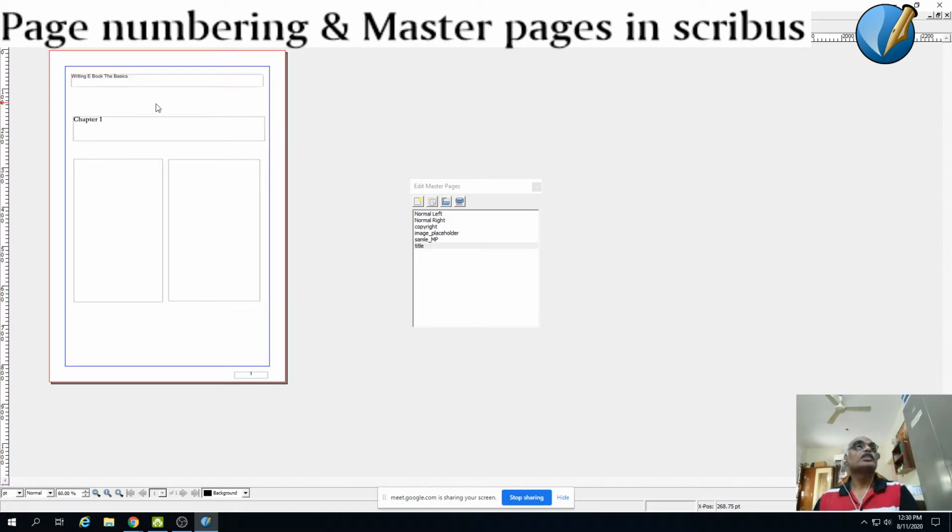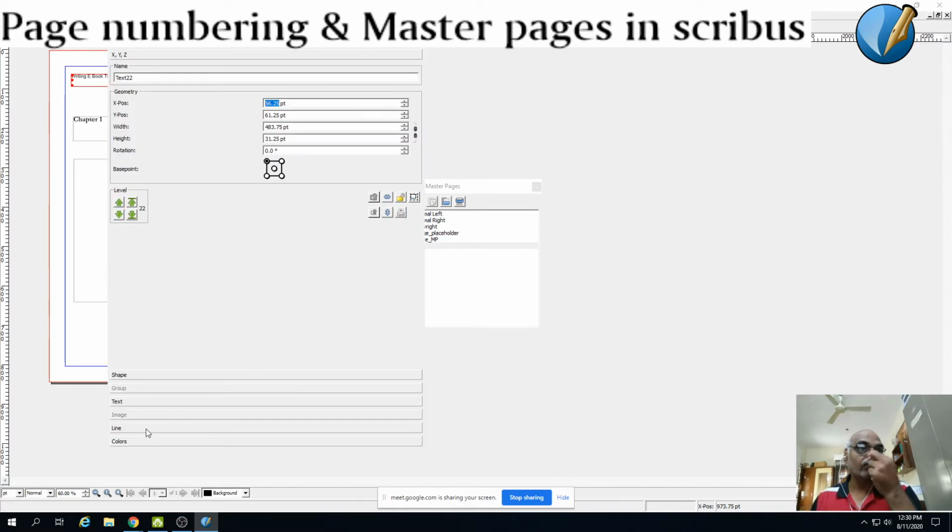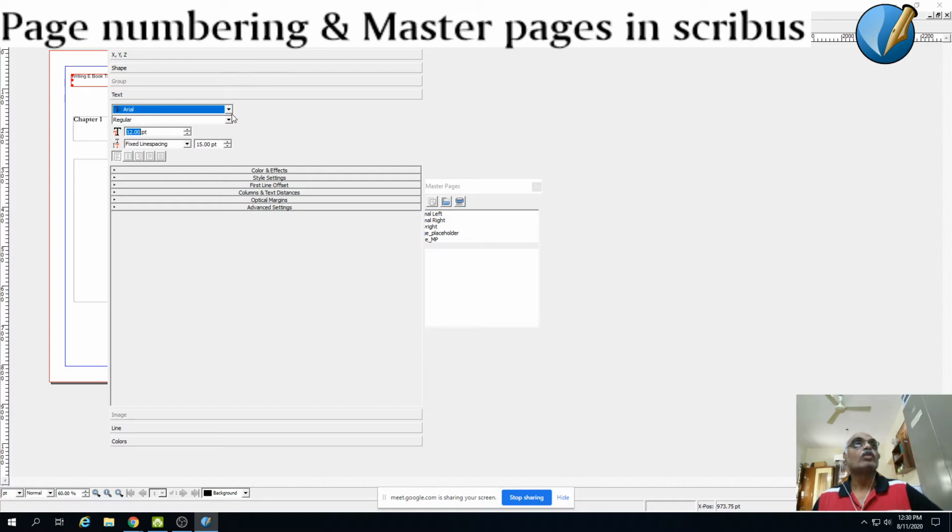So I am just giving it a small title, just by going to the properties, or you can click F2, it will open the property window. I'll go here. I want a Garamond. Always use the same font which you are choosing, so that there is always uniformity within your document. So I'm going to choose Garamond, and the font size should be a little bit less than what it is. You can always make it bold if you feel, or I would prefer it to be italic, and then I will make it bold.